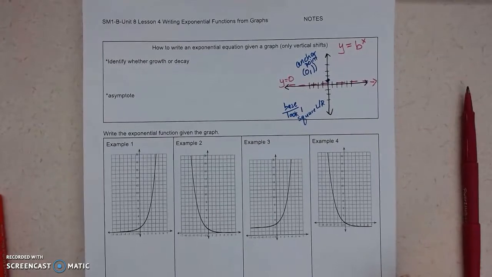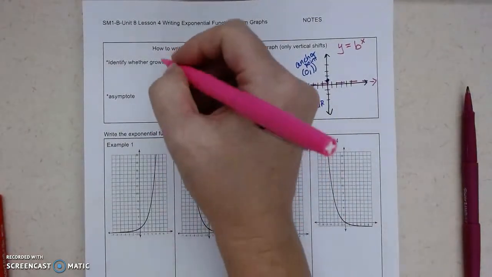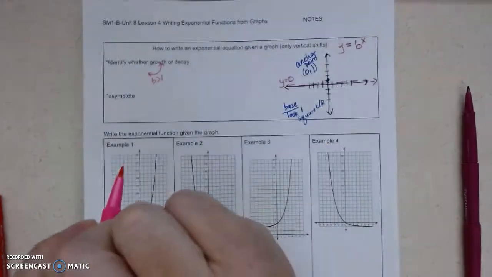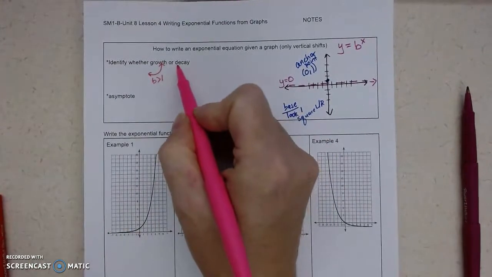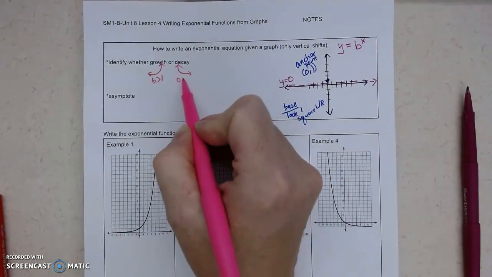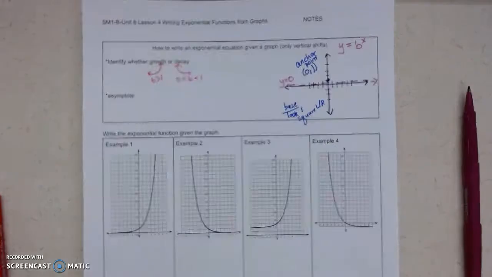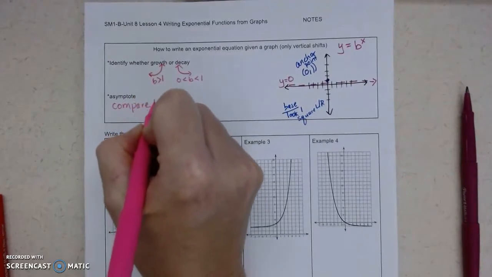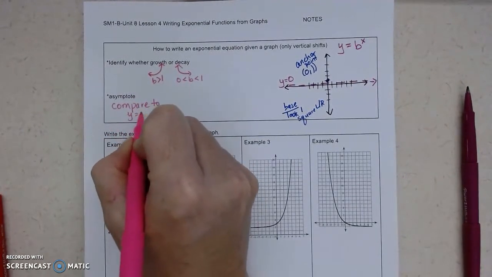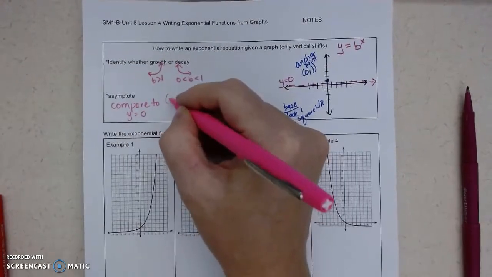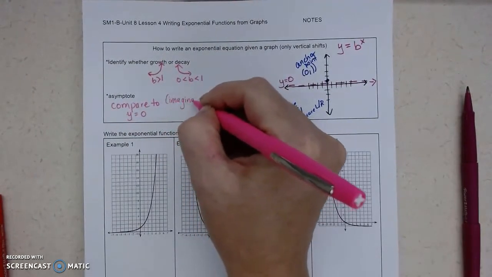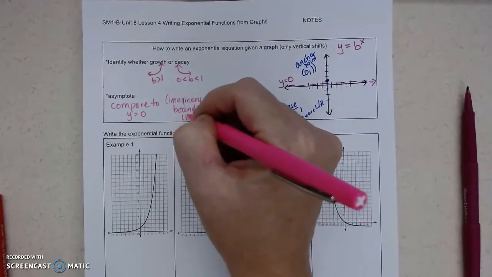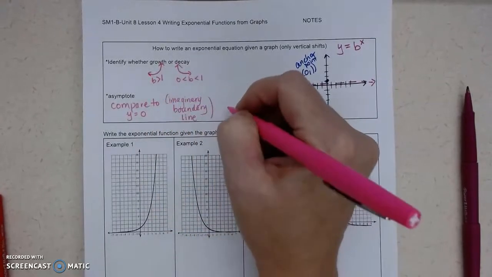Okay, so if it is growth or decay, remember growth we know is growing, and I know my base better be bigger than 1. It'll help us double check. If it's decay from left to right, our base needs to be between 0 and 1. Our asymptote, we want to compare to y=0. Remember, an asymptote is that imaginary boundary line, and it's really going to be obvious on the graphs. And that will give us